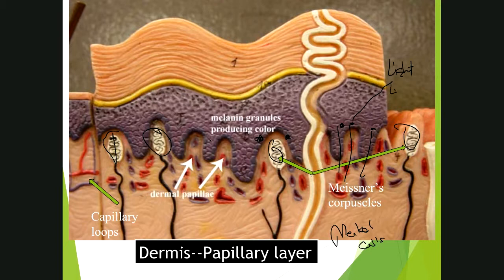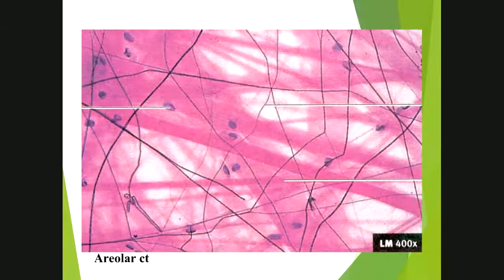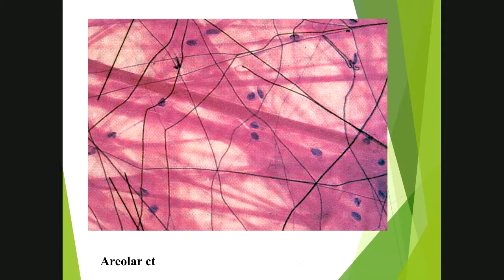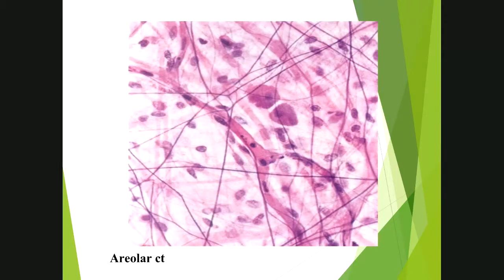So even lighter, even softer than this, which is light touch. So Zoe says Merkel cells are light. That's exactly right, Zoe. So there's our areolar or connective tissue. So this is, again, what gives your skin its softness. Okay,